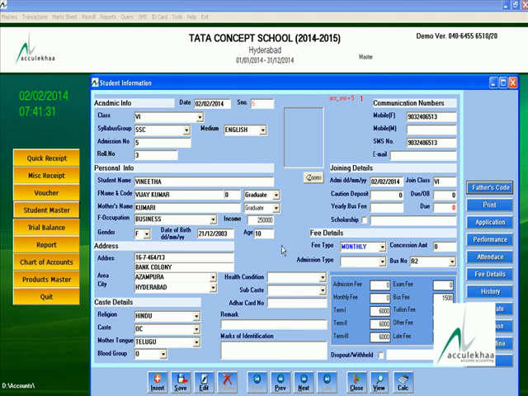Click OK, then automatically the admission number 5 data will appear on the screen. And you want to enter any, or you want to modify any data, you have to use this edit button.